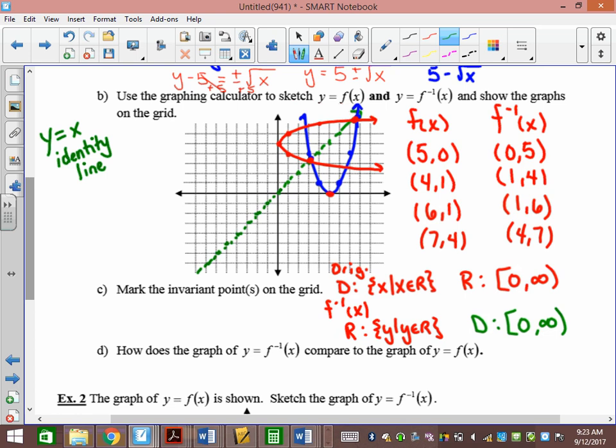Instead of checking for the vertical line test, I should check for the horizontal, because the horizontal would actually be the what of the inverse? The vertical. So if I drew a horizontal line through the blue graph, say I drew it here, does it pass the horizontal line test? No. So will this red one pass the vertical line test? No, because a horizontal line of the original would actually be a vertical line of the inverse. So what you can tell yourself is,